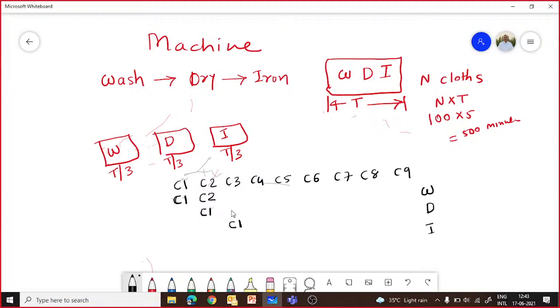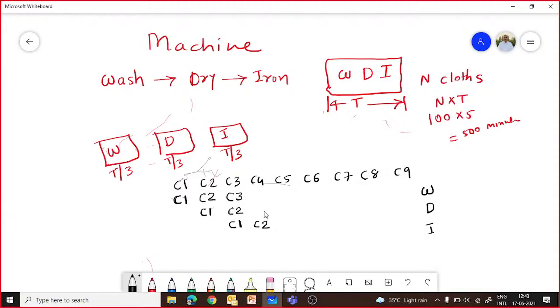Then this C2, whenever C1 is being ironed, what we can do? The C2 will be here. Then we can give this C2 for iron. And whenever C2 is being dried, at that time we can wash C3, because we have split our machine into 3 parts.